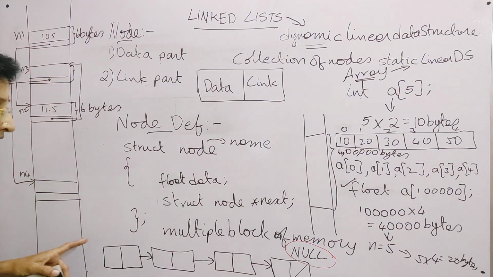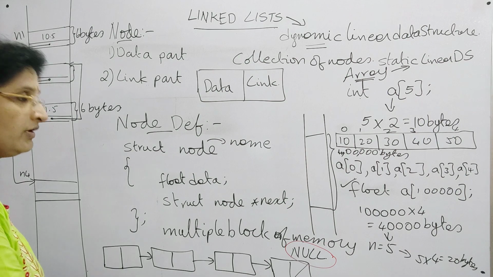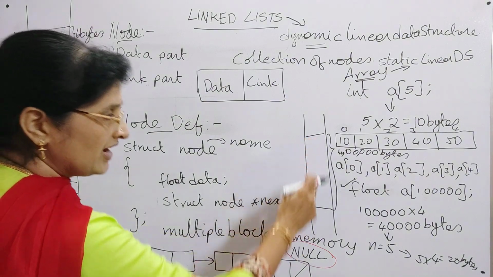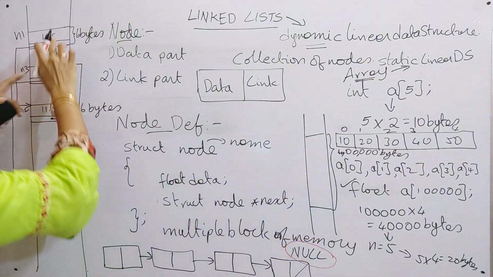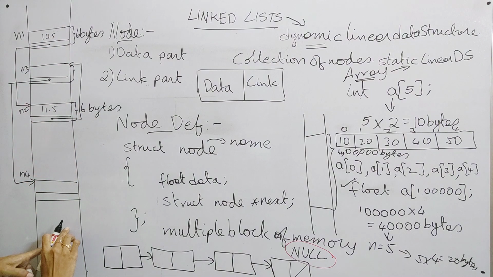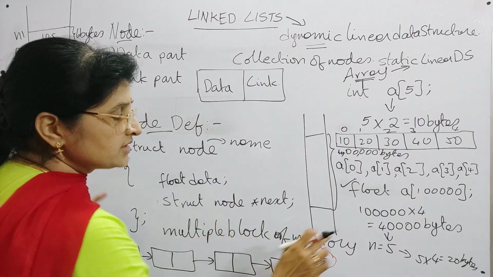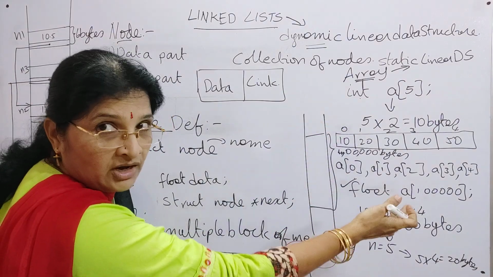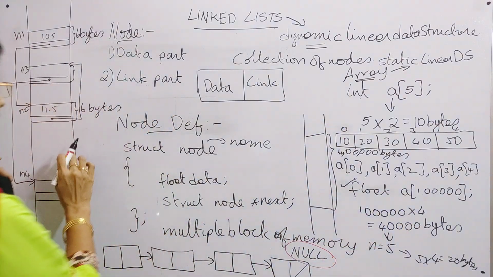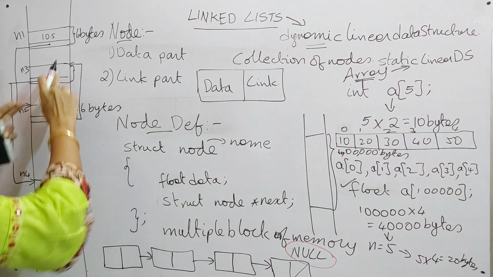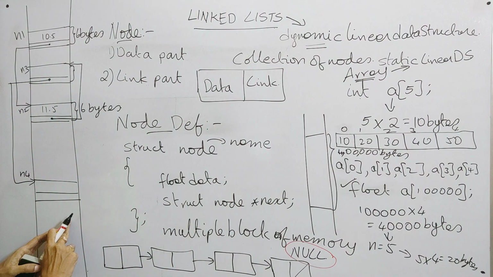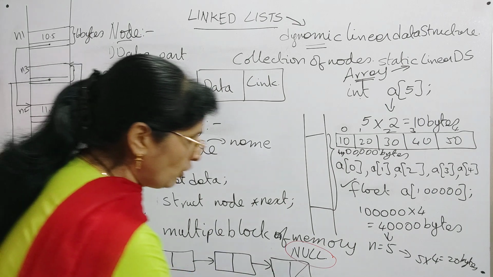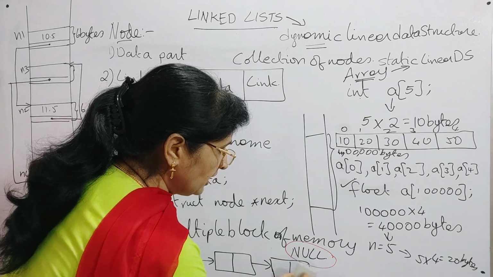Here, what is the advantage of using linked list? Whenever you are using arrays, it requires continuous memory. Here, no need to have continuous memory. And also one more point is, all the memory should be given in advance in the case of arrays. But in the case of linked list, suppose I have created four nodes of a linked list. Now I want to create one more node. Then what will I do?